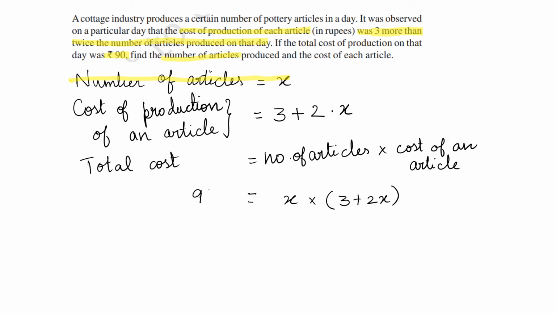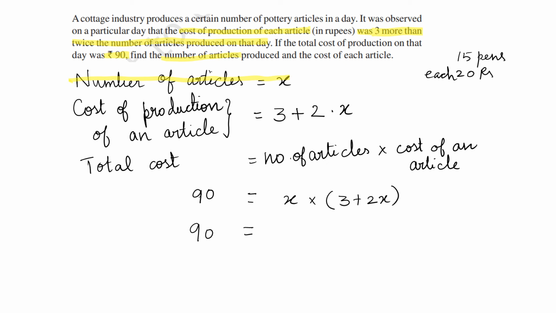Is it clear? If you are going to a shop and you are buying 15 pens, each costing 20 rupees, what is the total cost? Total cost is 15 into 20, 300 rupees, right? Okay. Now we are going to do this. It's a very easy sum, but a lot of things are to be understood, right?